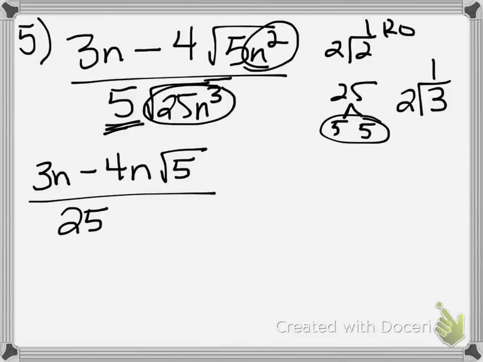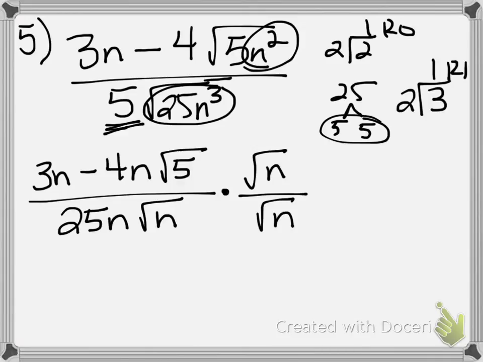2 goes into 3 once with a remainder of 1. So I can actually take out an n and I'm just left with a square root of n there. Okay, so that is very, very important just to be aware of and to realize that sometimes you might want to simplify actually before you rationalize. So now I'm going to rationalize and I'm going to